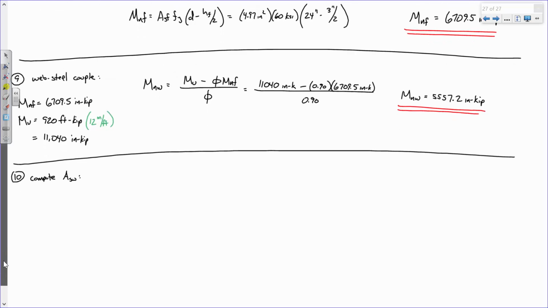And the way that we do that is we recognize that the web steel couple is a known cross-section. We know how wide the web is, we know the depth, we just don't know the steel. So all I'm going to do is use my same expression for rho that I have been using all along, tweaked just a tad. So we'll call this rho W equals